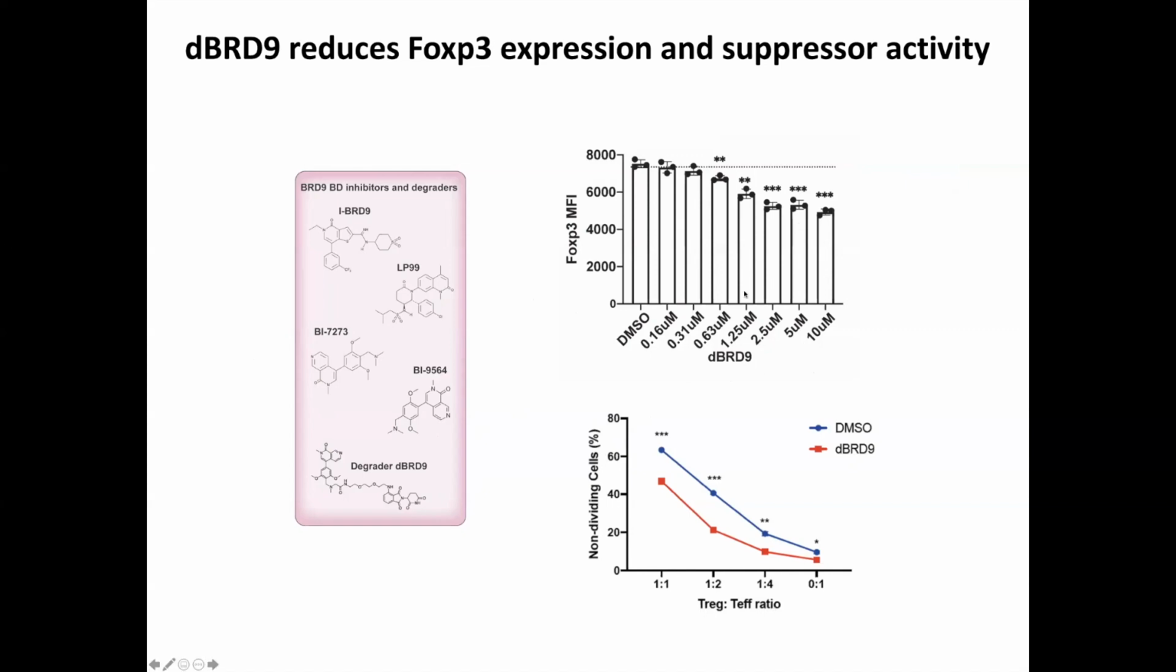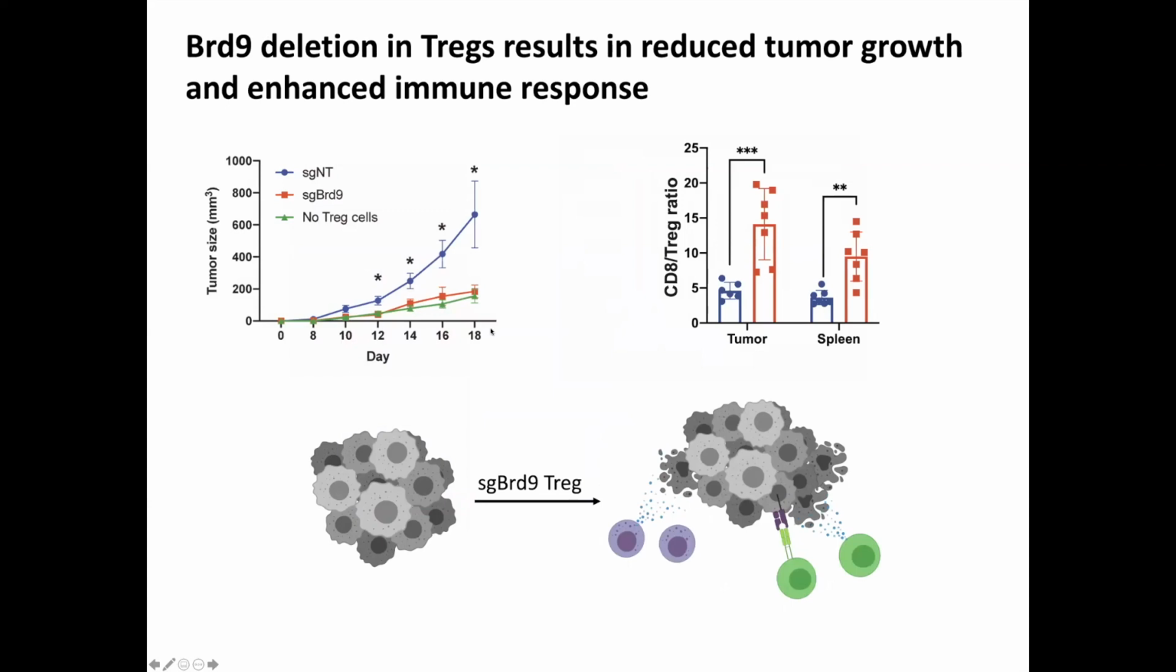And so again, this suggests that chemical modulation of BRD9 could be effective in reducing Treg suppressor activity, which might be important for igniting immune cells in the cancer microenvironment. And so to test this, we made use of an MC38 colorectal cancer cell line, which can be injected into the flanks of animals. And so we did this in animals that are either wild type or depleted for BRD9